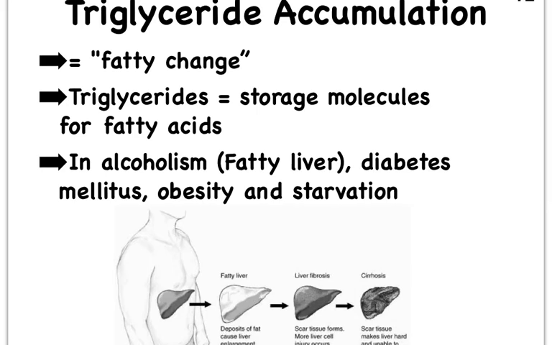Now, people who are alcoholics in particular, but even people who suffer from some form of malnutrition, whether it is overeating or not eating enough, in addition to people who suffer from diabetes mellitus, might end up with problems with their liver to where they accumulate too many triglycerides. And we see this a lot in alcoholism, and there it is typically referred to as fatty liver.